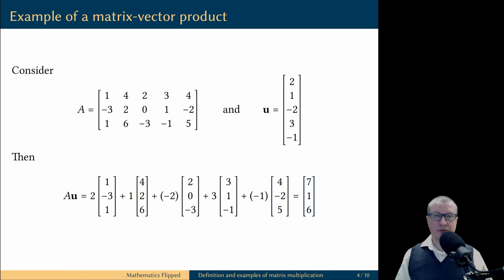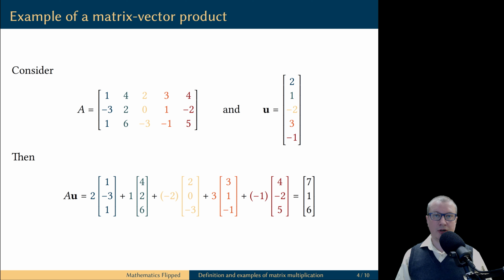Here is an example of matrix vector product. We have matrix A of size 3 by 5, and we are going to multiply this matrix by column vector u of size 5. The size of the vector matches the number of columns in the matrix. The matrix vector product of the matrix A and vector u is defined as linear combination of the columns of the matrix A with the components of the vector u being used as scalars. This color coding should help you visually see how this is computed.